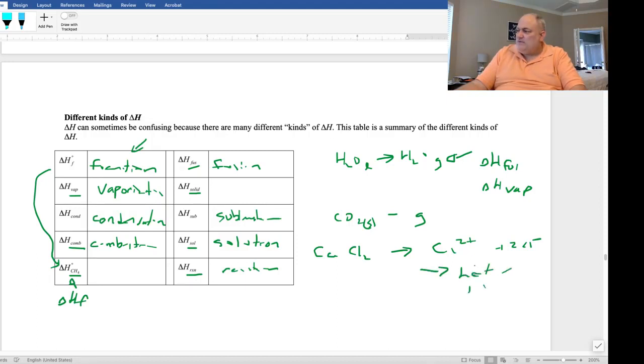This is the principle that can sometimes happen. I've seen the same thing happen with NaOH. If I take NaOH and throw it into water and try and dissolve it, it gives off a lot of heat as well. I apologize for the messiness of this, but all you have to really take away from this video